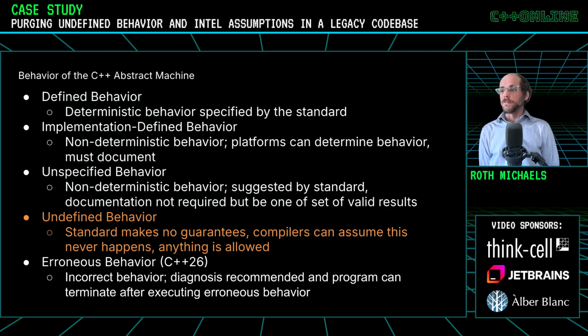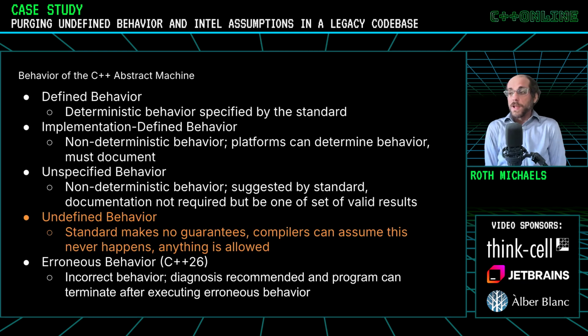So what are these different kinds of behavior? Something important to keep in mind is the C++ standard doesn't really talk about how computers work. It's a description of an abstract computational machine. So, for example, things like including header files. Well, there's no such thing as a file necessarily in the standard in that case. And so this abstract machine that the standard describes has different behaviors, some of which are deterministic and some are non-deterministic. And so this is why you might see stuff that's guaranteed or platform-specific behavior.